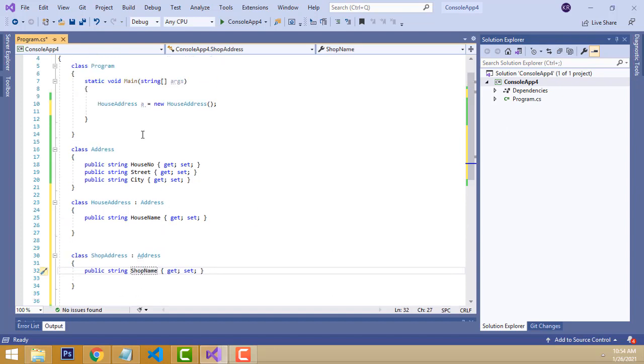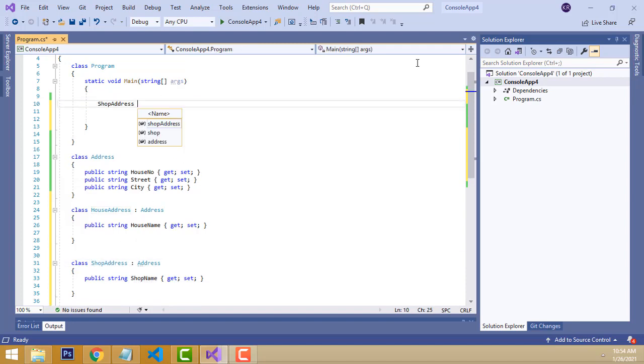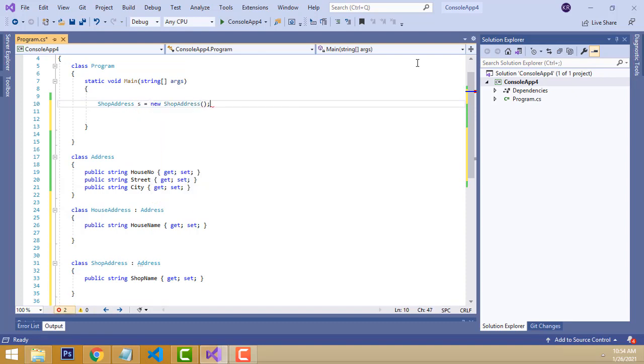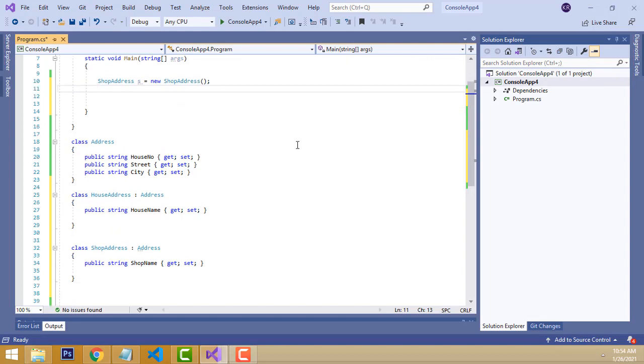Now I am going to get this one as a shop address. The same thing, shop address. For this class I have created the object equal to new shop address. Now let's look at the concept of inheritance. How do we call this? I want to call all these properties in the shop address class, and the other class's properties here, how can I get them? Here you can get only one class.